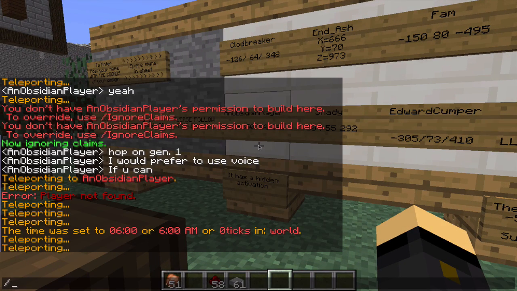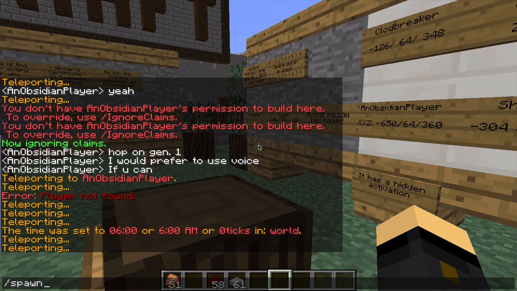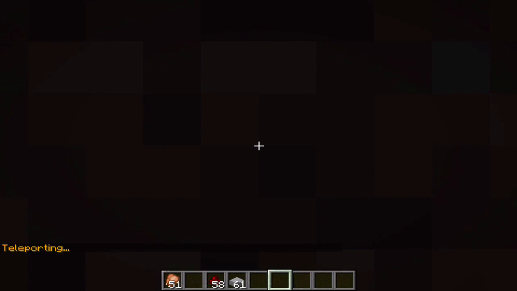So, negative, wait a minute, TP. Negative 650, and I can't see the rest of the sign. No. There we go. Oh my goodness, I'm having one of those days. Okay, negative 650, 64, and 360. So if we go here,